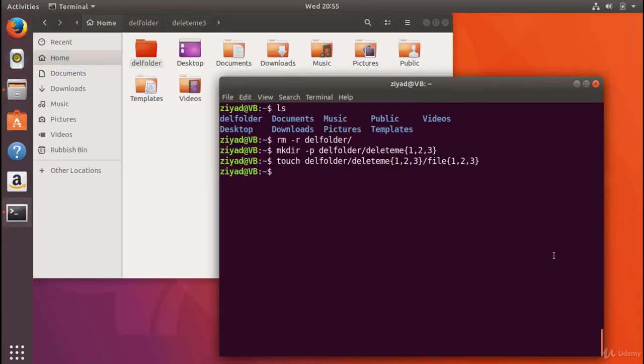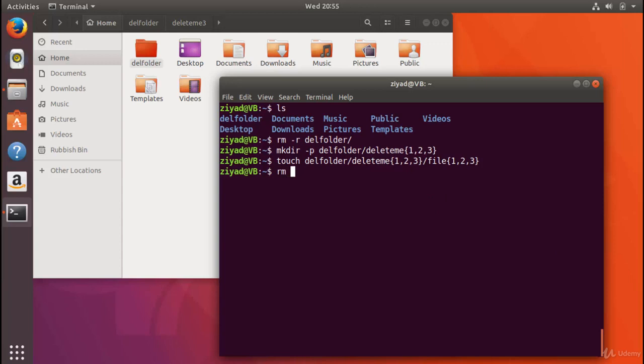By the way, can you see just how much quicker this is than pointing and clicking? We created all of those files without ever even needing to enter the folders. We just created them right from our home directory. So cool. So now if we try to delete everything again, try and delete del folder by giving the rm